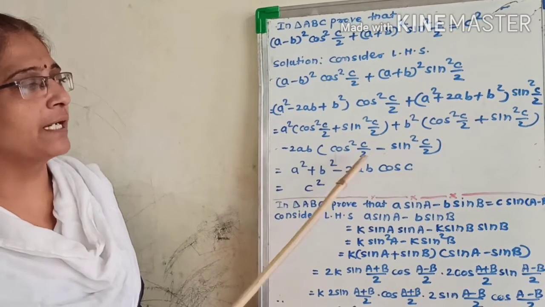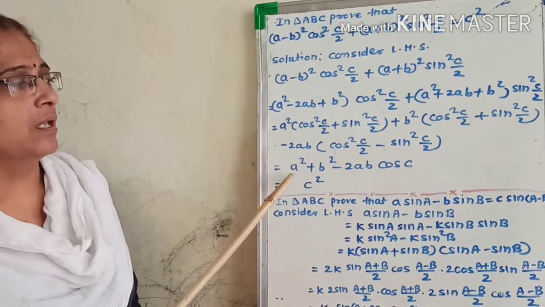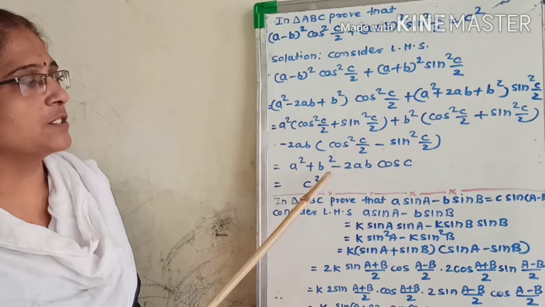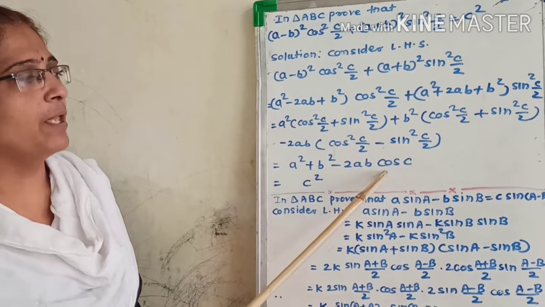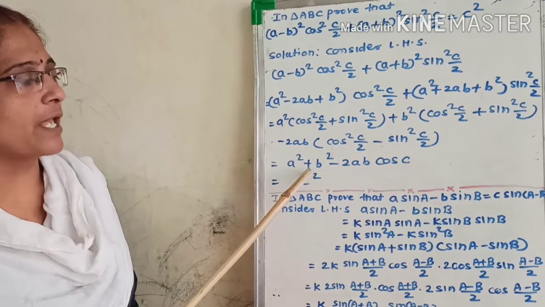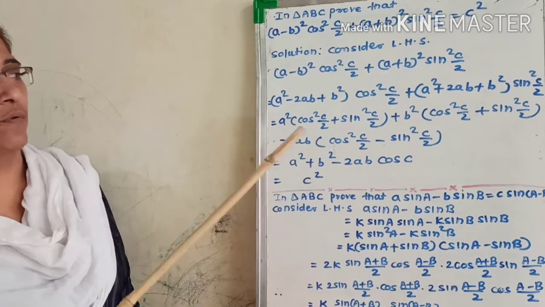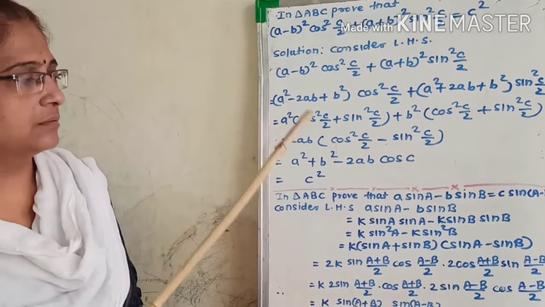Again this bracket is the formula for cos C. Therefore a² + b² − 2ab cos C, which is the cosine rule. Therefore the value of a² + b² − 2ab cos C is equal to c². Okay. Similarly